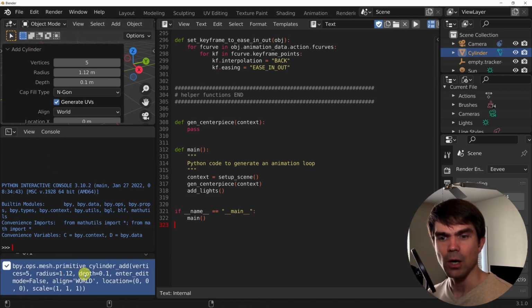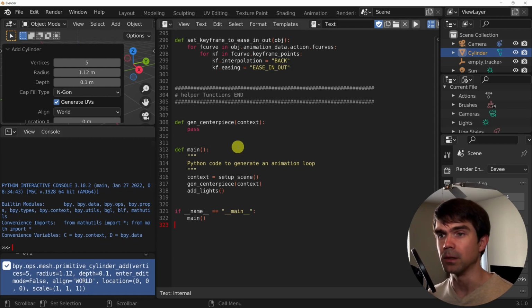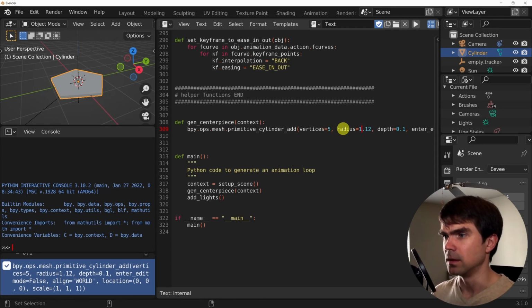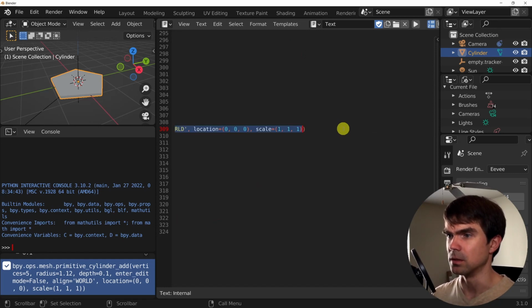We're going to just copy this code that we got in the info panel down below and paste it in right here. So we'll need the radius, depth, and the rest we can just delete.